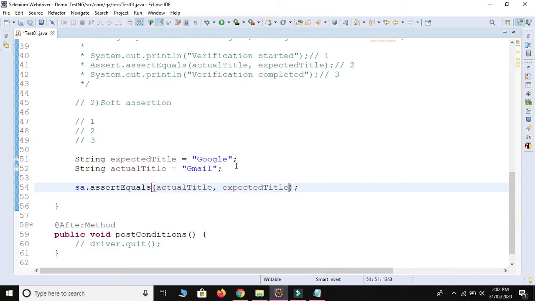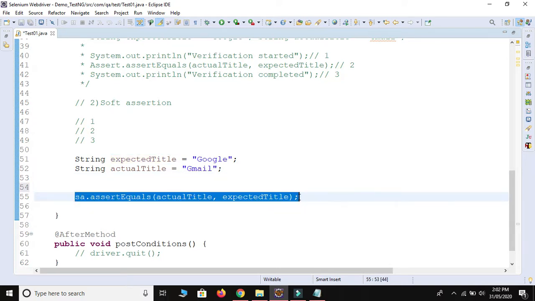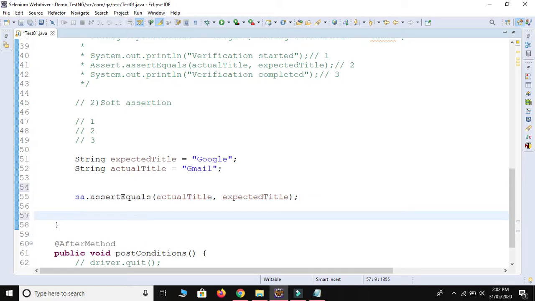Control Shift F and Control Save. If by chance we get an exception at this line, it will throw an exception and execute the remaining code, and it will collect each and every exception at the ending of the block.